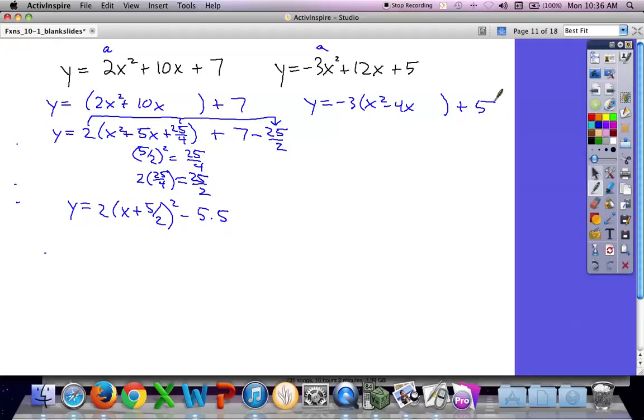And now what do I add? What do I add to the third position to complete the square? Half of negative 4? Half of negative 4 is negative 2, squared is 4. Okay, but that may look like a 4, but it's really negative 3 times 4, which is negative 12. That's like subtracting 12. So what do I do to balance it out? I add 12 at the end, right? So y equals negative 3 times x minus 2 squared